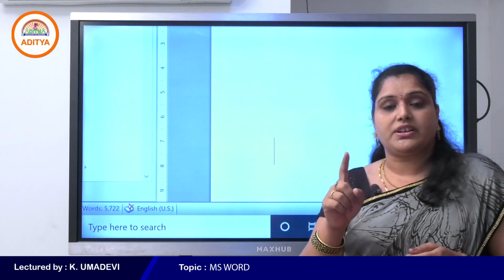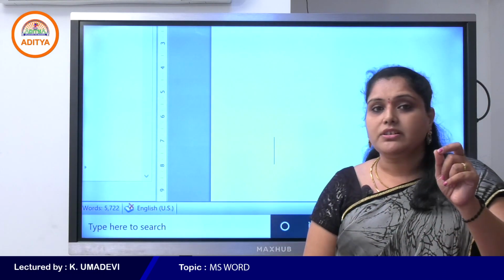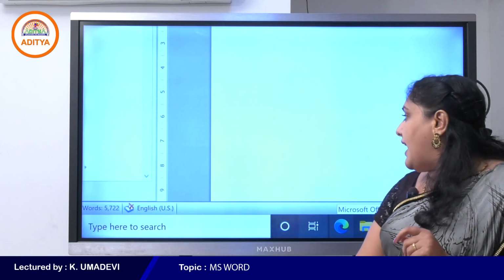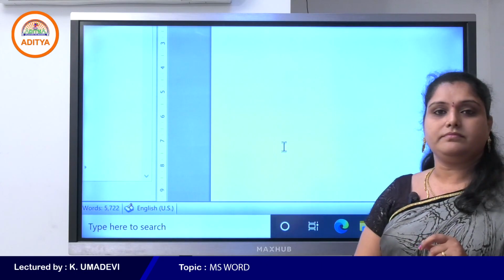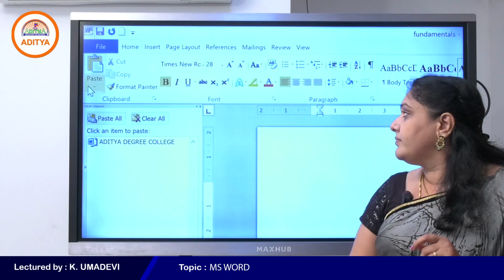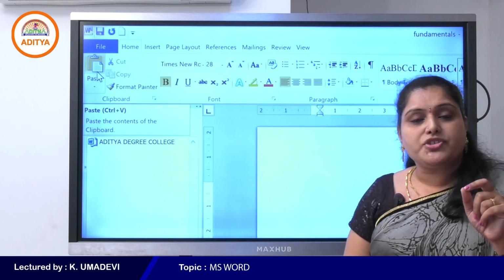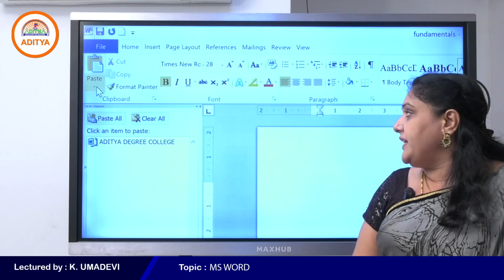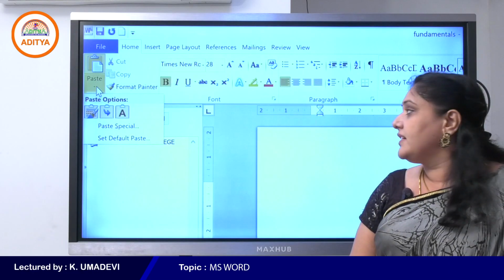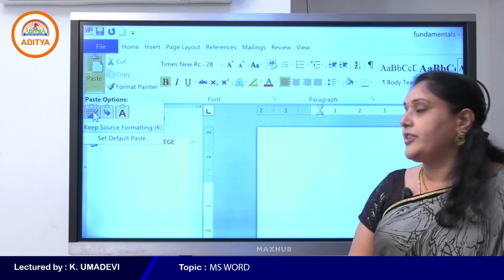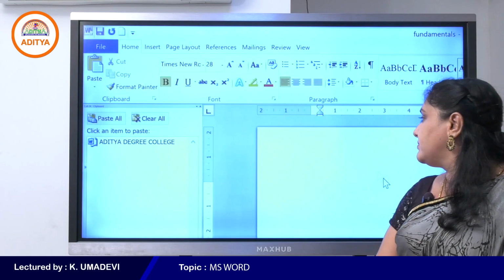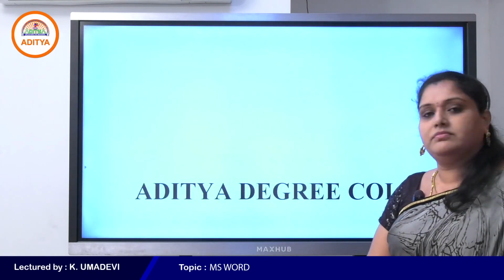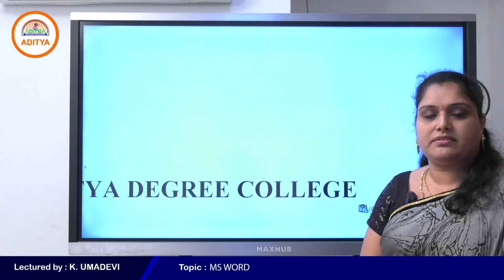First place your cursor position, fix your cursor position, and then use the paste command on the Home tab. Simply click on paste and click on the first option. So this is our content.